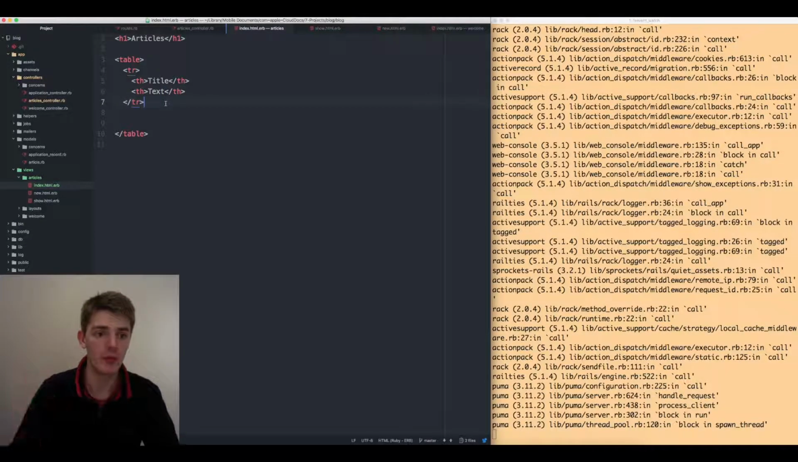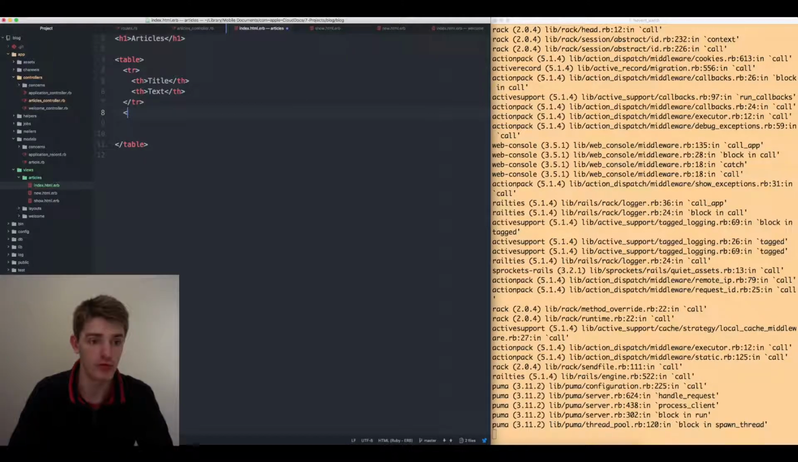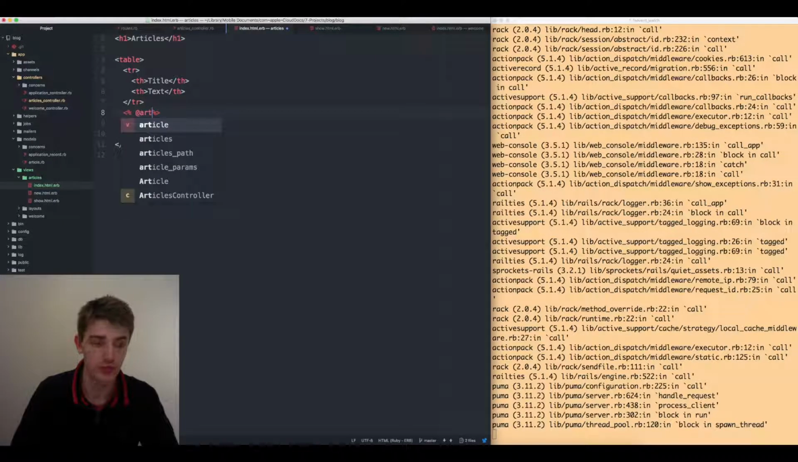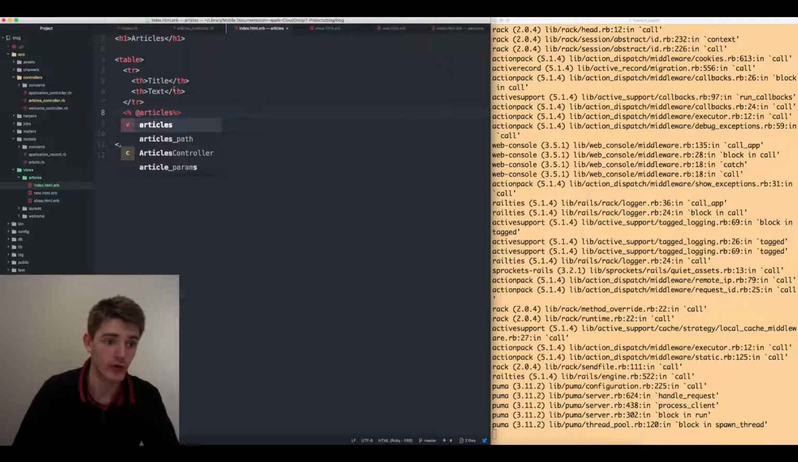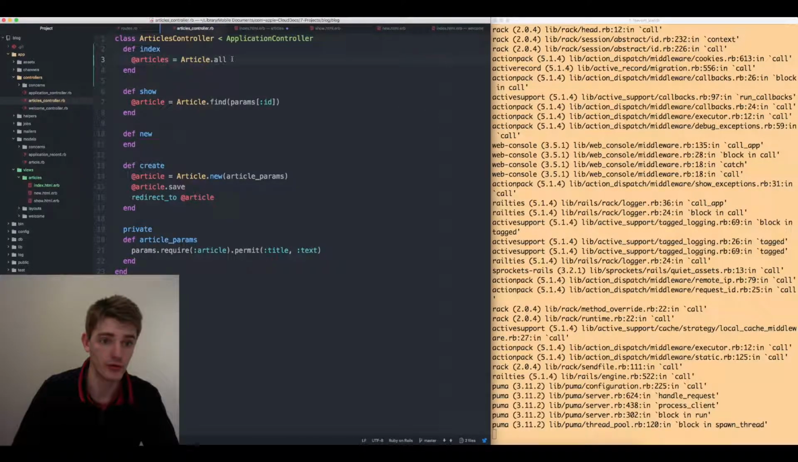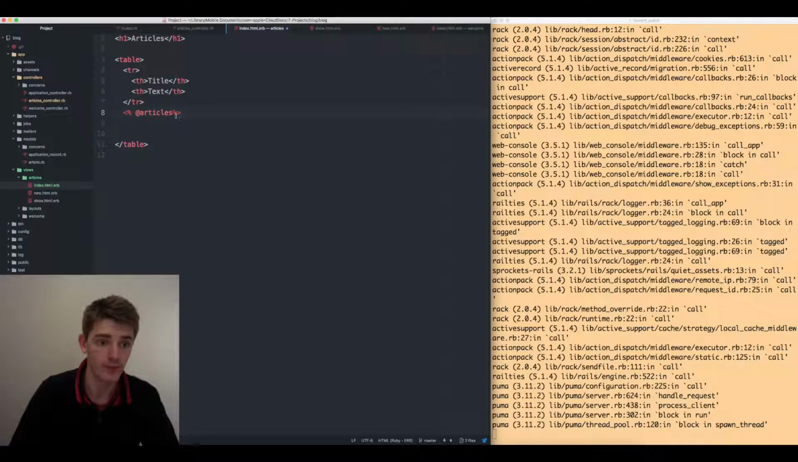Now, obviously we want multiple articles, we want all of the articles. So we want to add a little loop in here, just a .each loop. So we're going to open our Ruby tags, and we're going to close our Ruby tags. We're going to go articles, because we've passed articles in from the controller. So that's this .all. So articles is a list of all of them. So we're going to go articles.each,